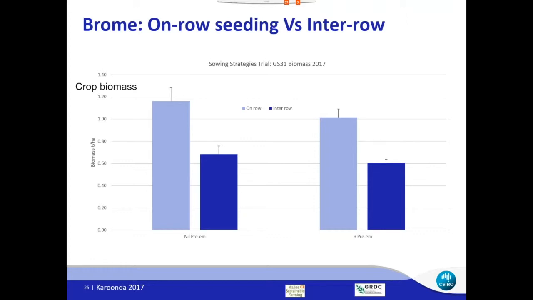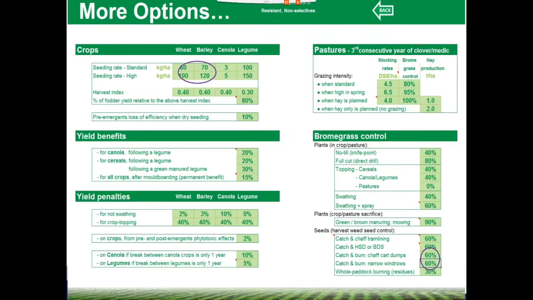This is something we're really looking at, but the challenge, of course, is how you might manage that inter-row or near-row seeding across multiple soil types. So that's something I've thrown in, something you could represent in the brome version. I've increased the crop competition in this case to reflect higher crop emergence. And what I've also done, as you can see down the bottom here, is lift the efficacy of narrow windrow burning from 30% up to 60%, which many farmers are claiming they can achieve,